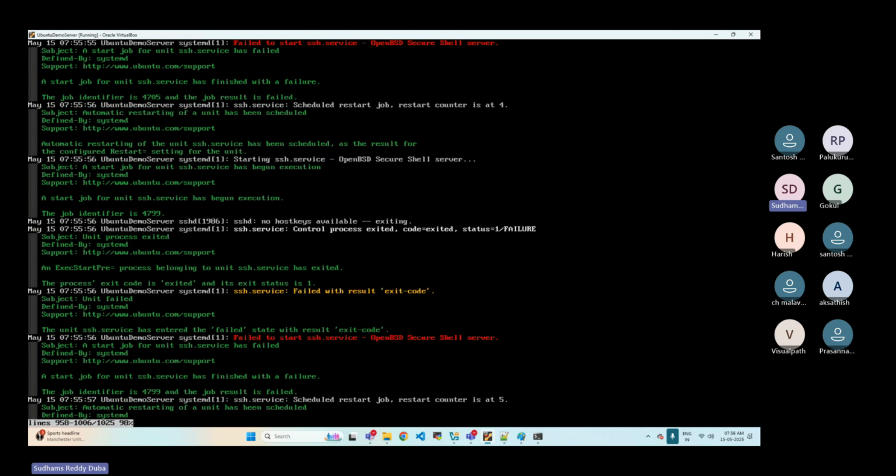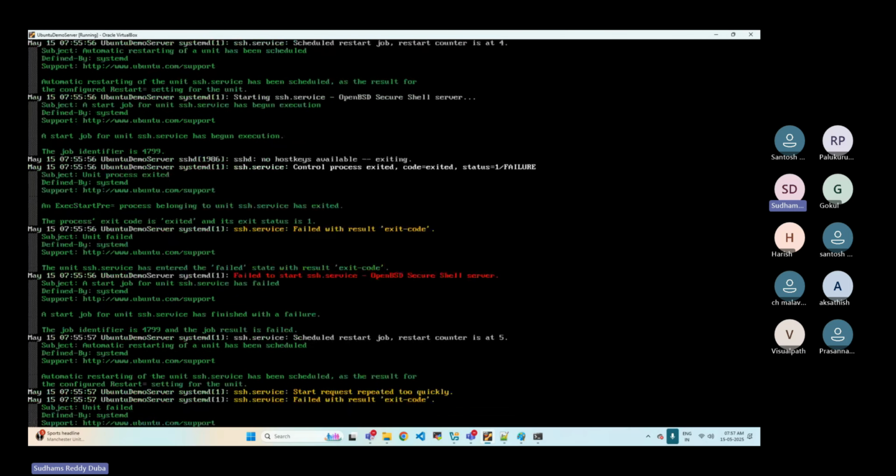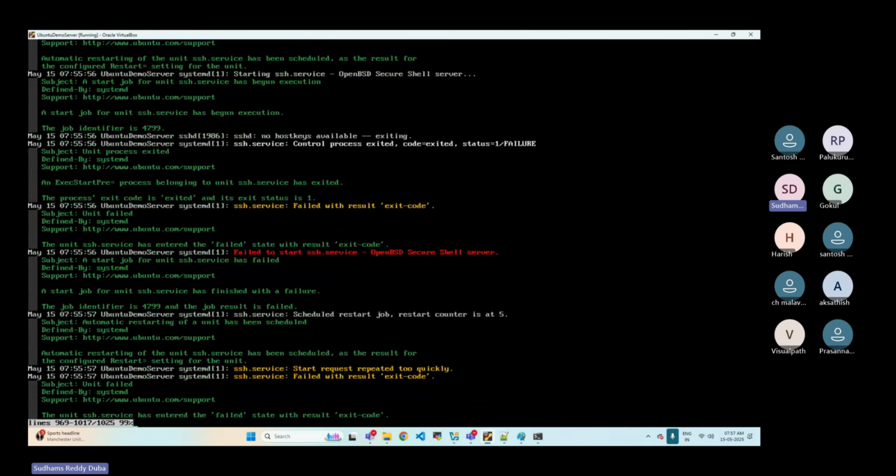No host key available is all about whether the host key is available, right? Then there is a file as well that is not working: failure to start SSHD of the file. So when it talks about this one,